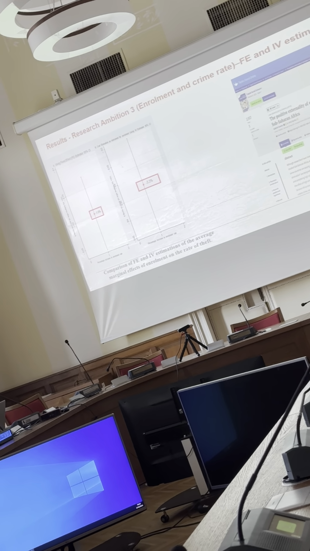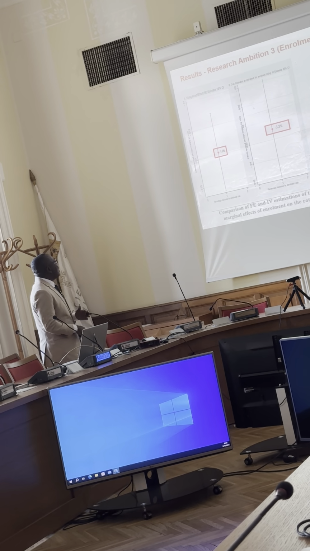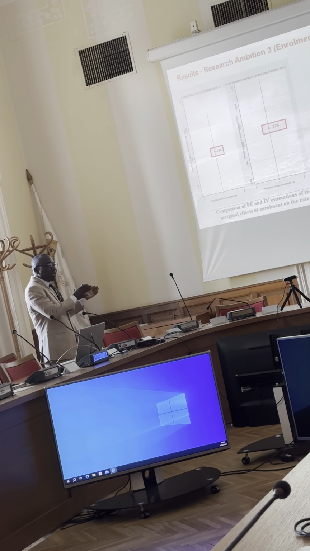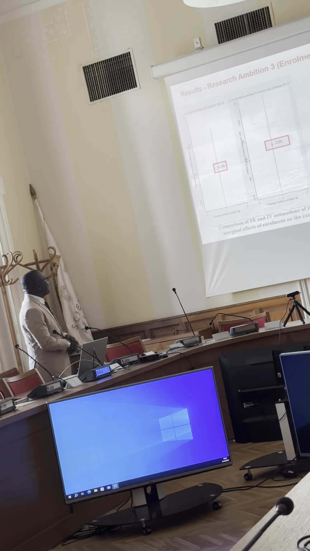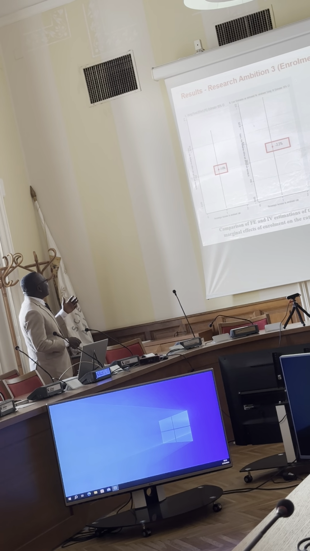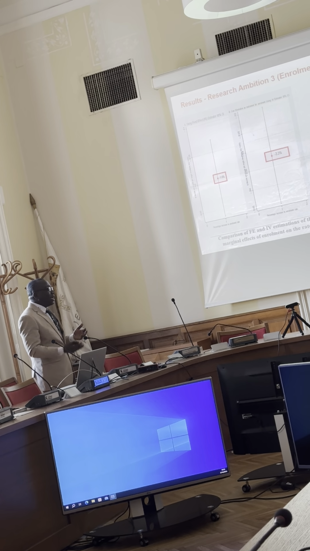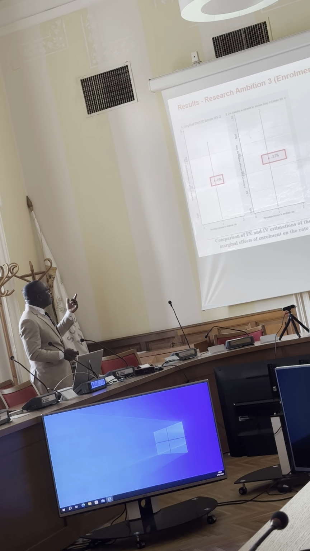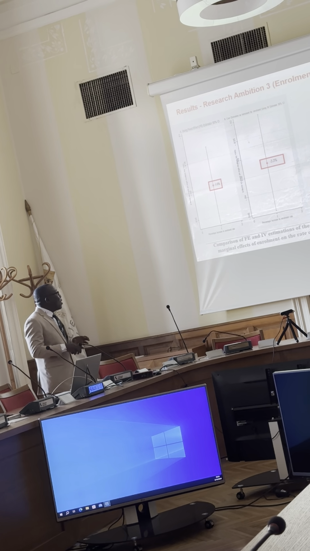In research ambition 3, which deals with enrollment and crime rates, there were two hypotheses, on theft and homicide. I'll first talk about the theft rate and later go to the homicide rate. In the theft rate, we found a significant negative relationship between the level of enrollment and crime rate. A 1% increase in enrollment led to about a 1.6% decrease in theft rate, other things being